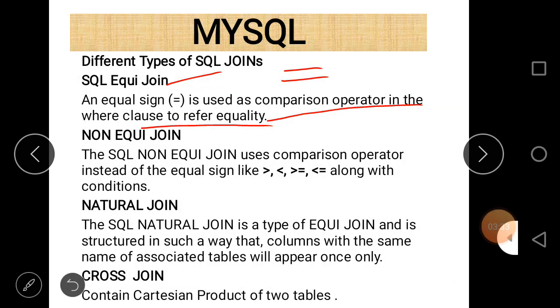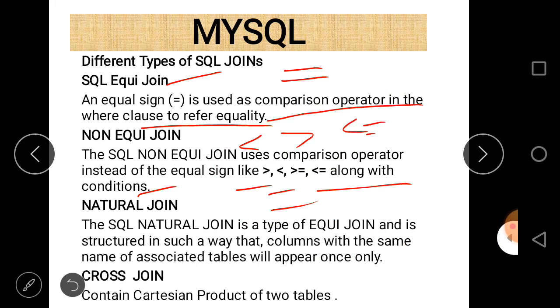SQL non-equijoin uses comparison operators instead of the equal sign, like less than, greater than, less than or equal to, greater than or equal to, along with the conditions. So the basic difference between equijoin and non-equijoin is that in equijoin the equal operator is used, while in non-equijoin less than, greater than, less than or equal to, greater than or equal to, all these signs are used.